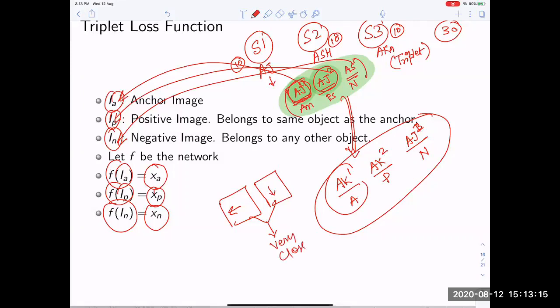On the other hand, sometimes it may happen that this and this become very similar, because in this whole world, in some pose, these two guys look very similar. Suppose that only half a face is visible, and because of that, in certain cases you may not be able to really distinguish between them, and this may even look similar to this guy as well.